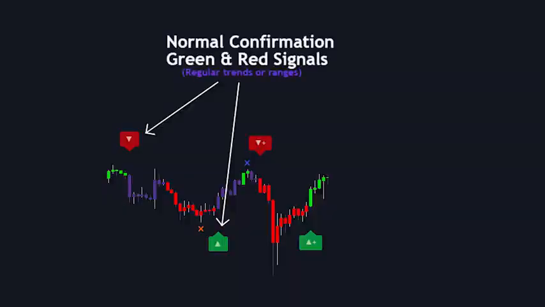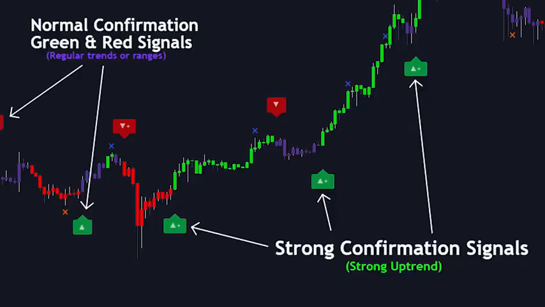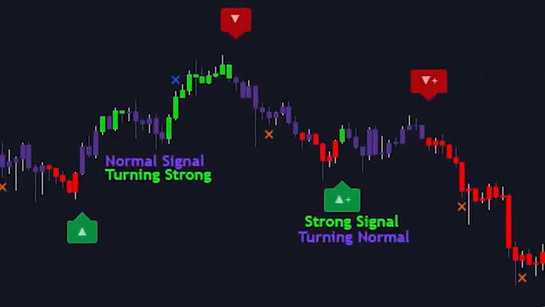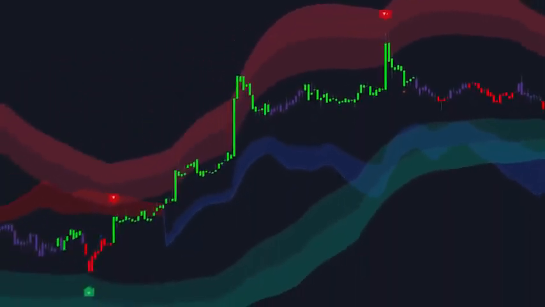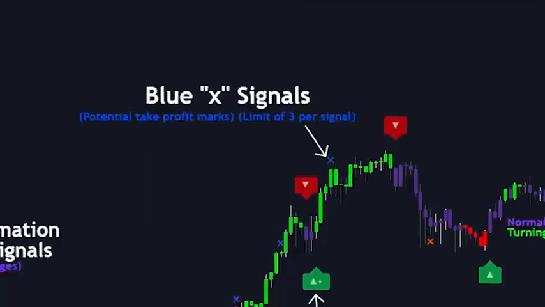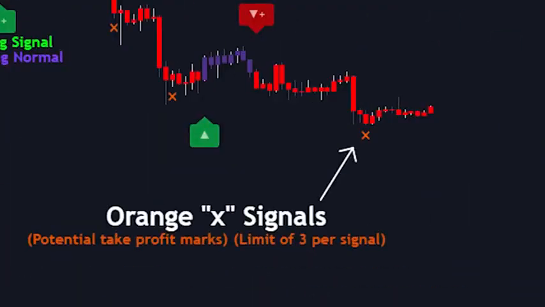So before we get into some examples and how all of the features can be used together, let's just highlight all of the current features included in the indicator. We have normal trend confirmation signals with green and red arrows, as well as strong signals marked by the plus symbol, specifically designed to help you confirm trends, candle coloring with purple, green, and red to visualize trends developing between normal and strong, contrarian signals mode with normal and strong signals as well, also specifically designed to help traders who like to trade against the trend or spot reversals, exit signals marked as blue and orange X marks